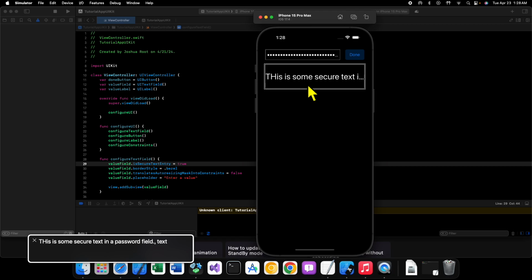Now, of course, the authentication, authorization stuff, dealing with all the network requests, that's a whole other can of worms that we're not going to get into. I just wanted to demonstrate to you in this video how you can create a secure text field, or rather a quote-unquote secure text field